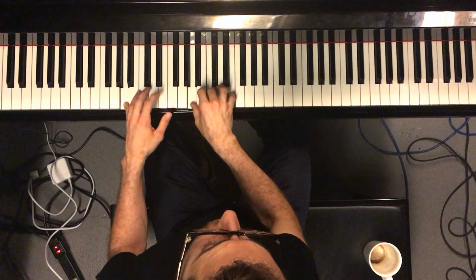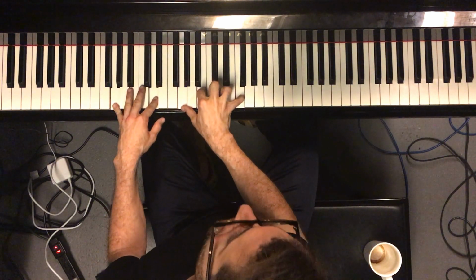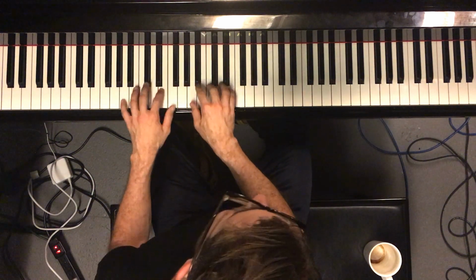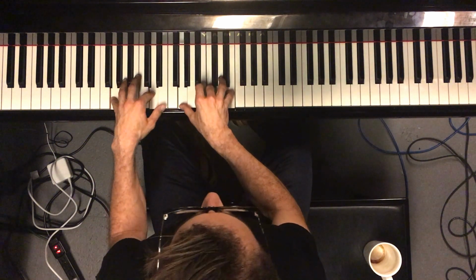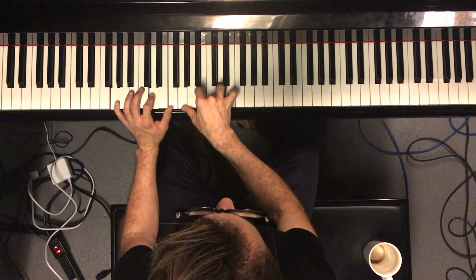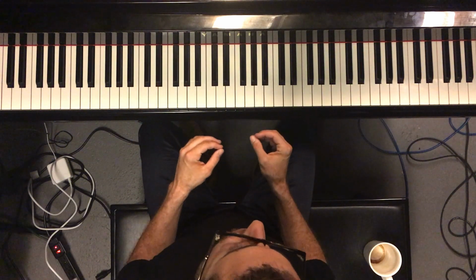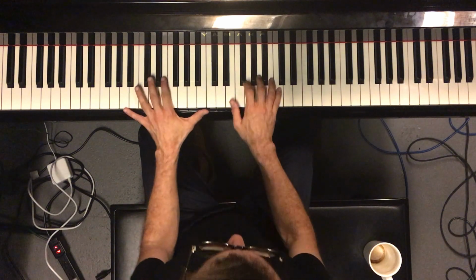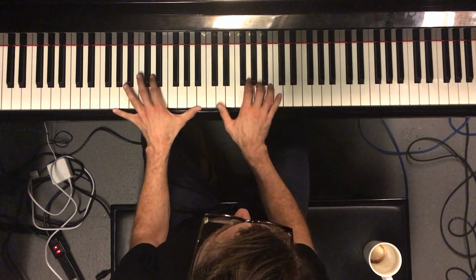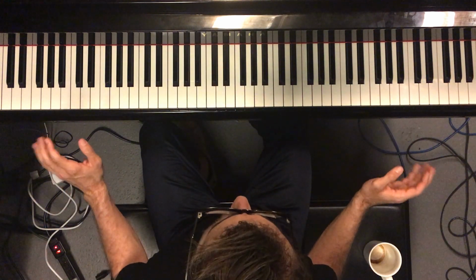Now minor, to Mixolydian, back to major, to Lydian, to minor, to Mixolydian. This is the knowledge base to do every type of color. So once you know these, if you play this and you make a song that only does that the whole song and it never hits C,